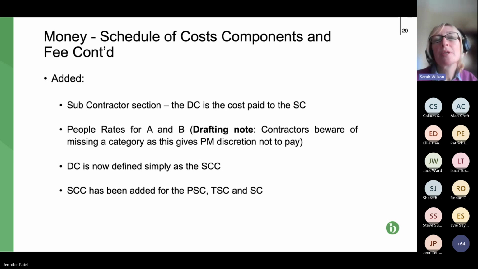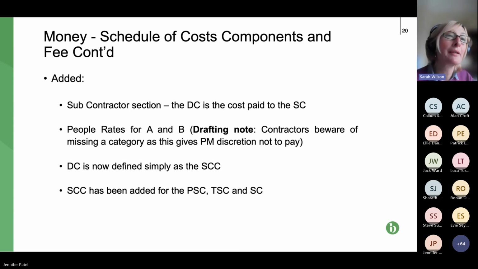Next, a bullet point for options A and B, so our fixed price contracts where the schedules are relevant to how you price compensation events. So it really shouldn't be massively important, but that depends on how many compensation events there are. There's an option to, well, no, it's been changed actually, it's not an option. It's been changed so that instead of having to prove the cost of individual people on site, there's a provision for rates to be included for disciplines of people, which again, I think makes it more efficient,